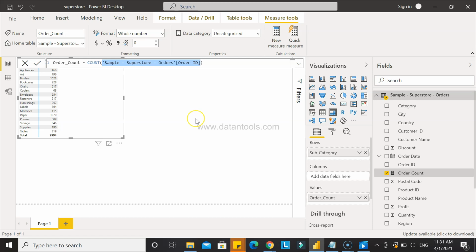So that's very quickly what I wanted to show you about the count function and its benefit, and now I'll meet you in the next video with a different count function. And before I move ahead, one last important thing is that the count function does not count blank or missing values, right? So if there is any order ID which is missing, it will not count that. And we have different functions, which I will show you when the function comes up, for the purpose of demo.